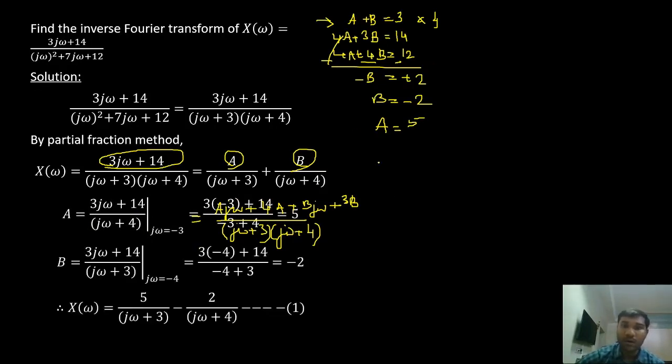Now I'll substitute the b and a values in this equation and arrive at this equation. The a value is 5 and the b value is minus 2. So the negative sign here. Okay. Now